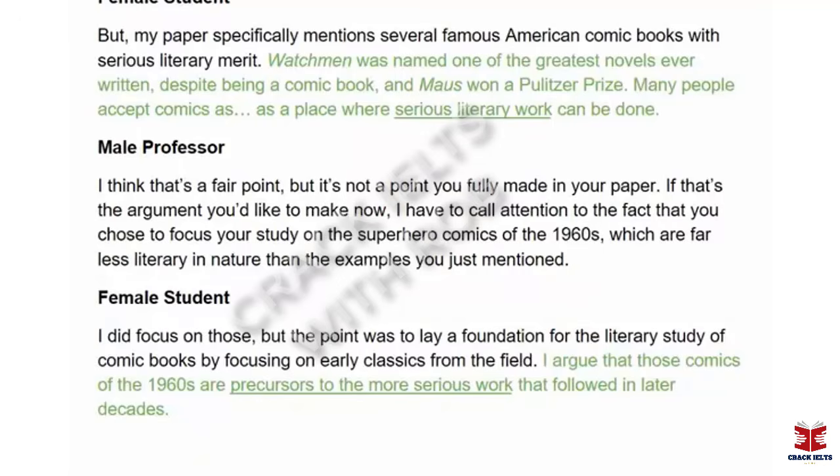Okay, so some back and forth between the student and the male professor there. And so remember, what we care about in this question is what the woman thinks about these different works. Okay, so here are the places in